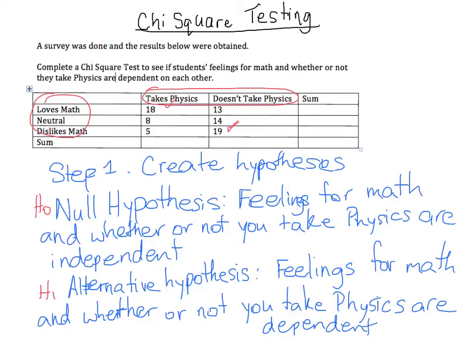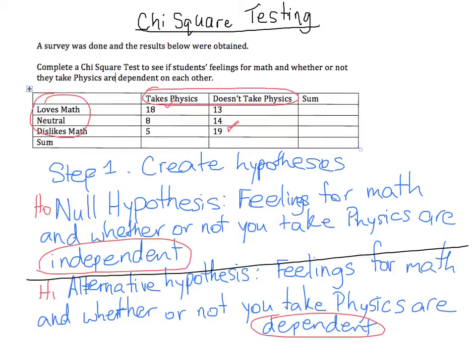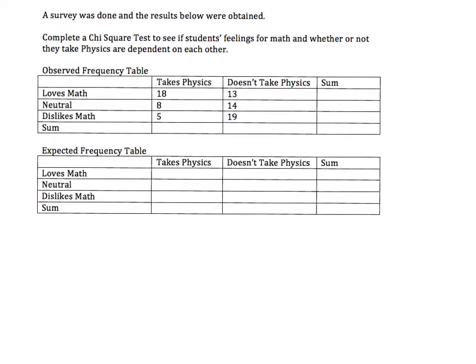So again, please remember that the null will always say that they're independent, and the alternative will always say that they're dependent. And again, we don't know which one of these is true. We're going to now do a lot of math to figure out which one is true. So let's see how this is going to work. Our next step in this process is to calculate what we call expected frequency. So step 2,